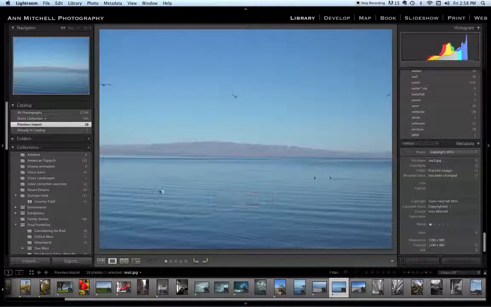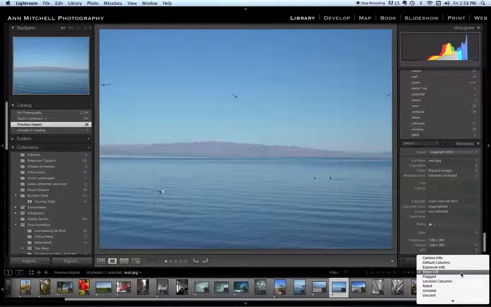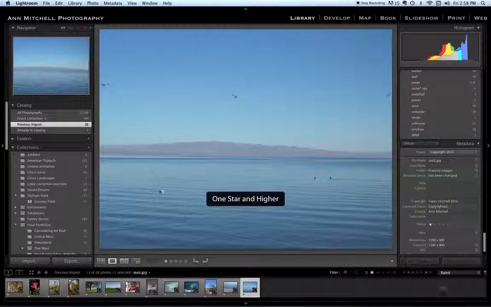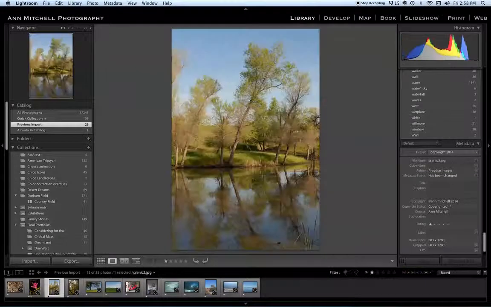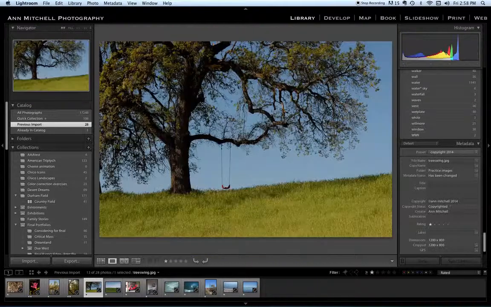Once you've gone through and done a first rating, right down here at the bottom we have a little area, and it's going to say filters off. You'll click on that, go into rated, and it already figured out that since I've done that first rating, all I have is 1 star, it's going to automatically only show me images that have at least 1 star. I'm going to go back up to the beginning, and then images that I especially like, I'm going to now give 2 stars.